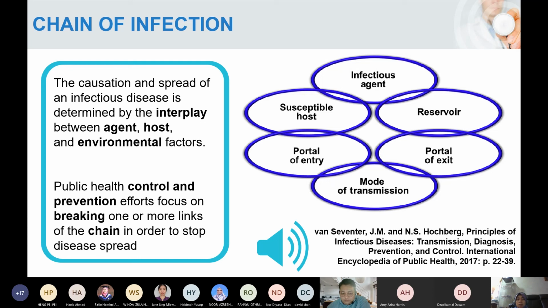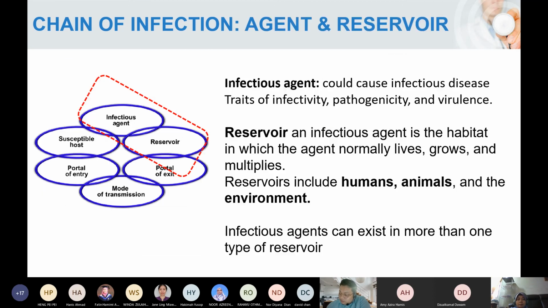Maybe break it here. For the susceptible host, we are susceptible. We need to take care of our immunity, boost up immunity with healthy eating. I only say it, I don't do it either. Healthy eating and so on, exercise, and so on. But the point is the chain, break it. There are examples, but we've gone through agent just now.